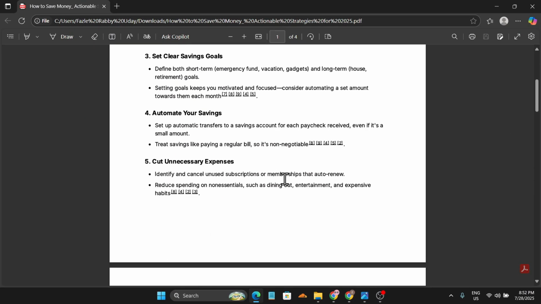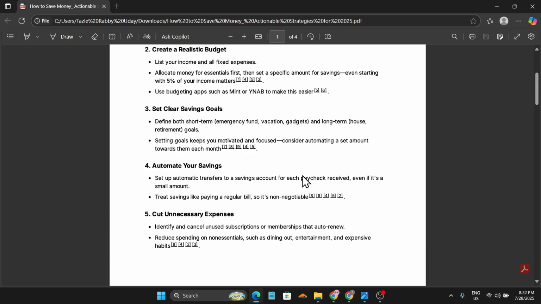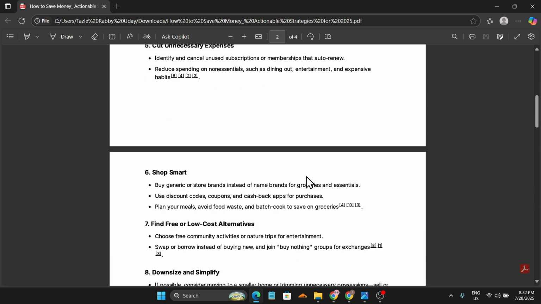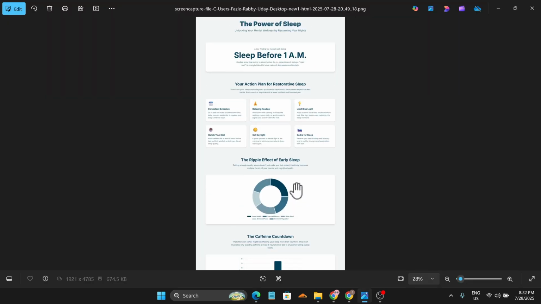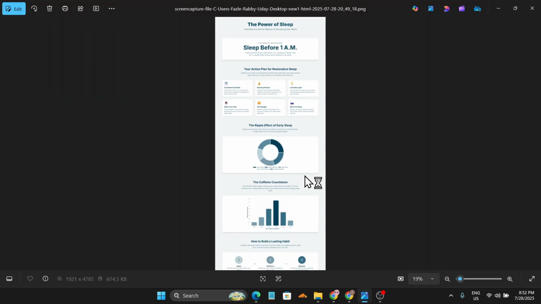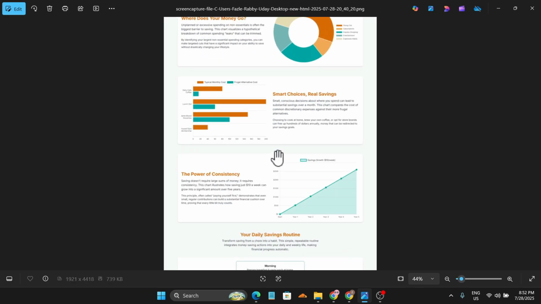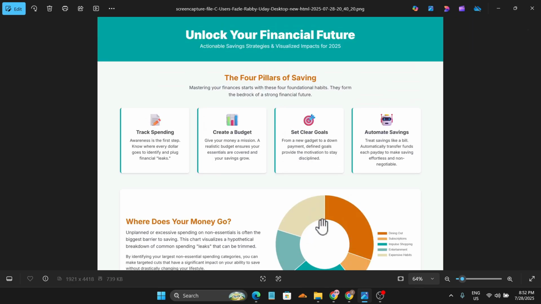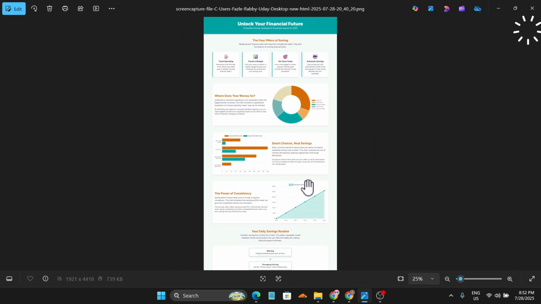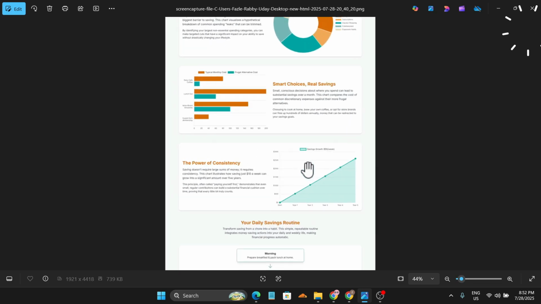Hello everyone, in this video I'm going to show you how you can turn your PDF or any other document like PowerPoint, PPTX file into an engaging visual infographic like this. I made this infographic with Google Gemini, so you can also do this for free. Watch the video till the end and learn how you can create this type of infographic for free in